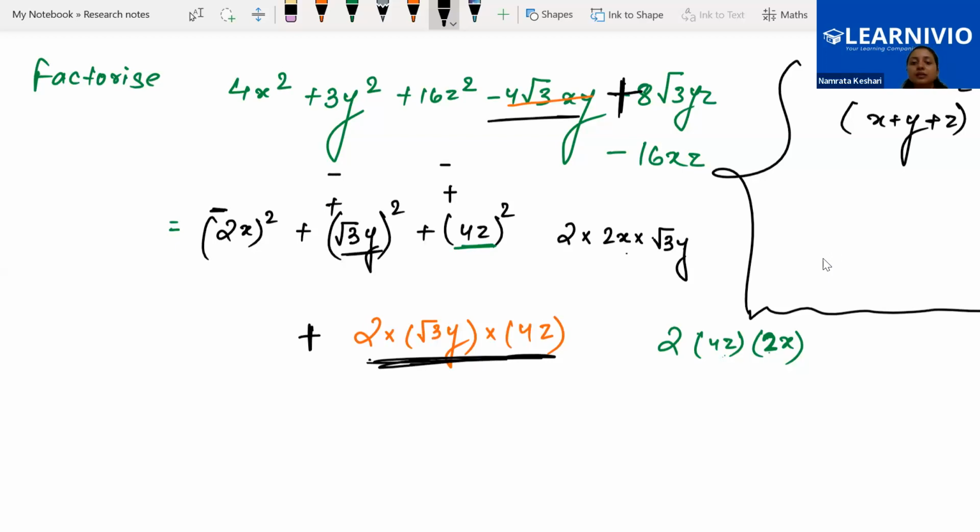Okay. Let's check the last term. The last term is 16zx. Okay, 16xz we are having. That is negative. Negative means like one of them is positive, one is negative. Like this one and this one, two terms we are having, first and last term. One of them is positive, one is negative. So the chances are,